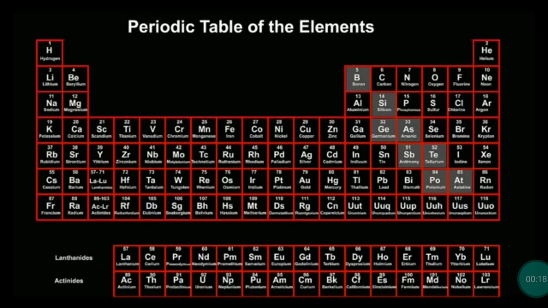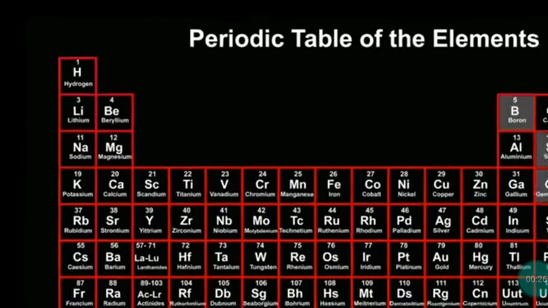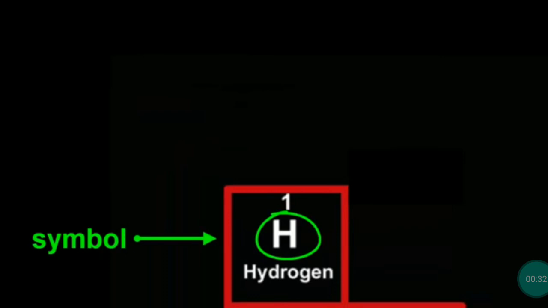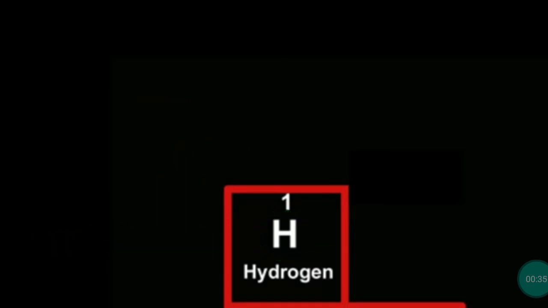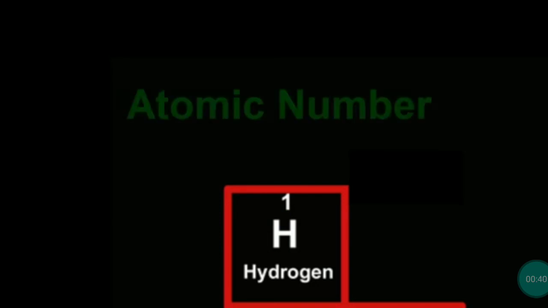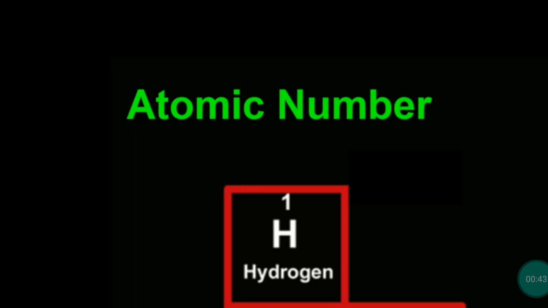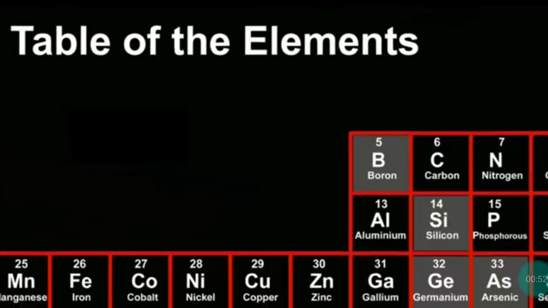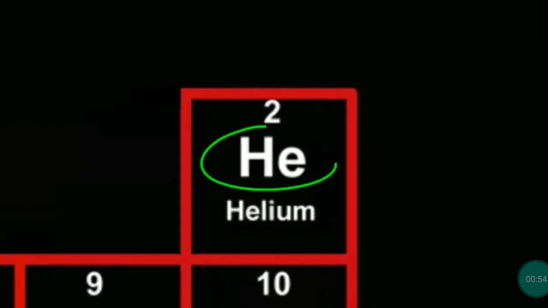In the modern periodic table, the elements are arranged in accordance with their atomic number. The element hydrogen is at the top left side of the table. Each element is shown with its symbol, for example, hydrogen H. Also it has a number, which is the atomic number at the top, showing its place. Zooming into the top right, we can see helium, He, with atomic number 2.